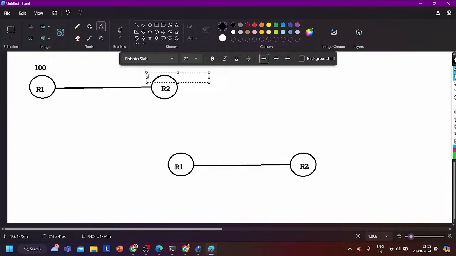That means both routers belong to the same company, my company. Here also I can run BGP. Here the AS number is 100, here the AS number is 200. That means these two routers belong to different companies. Here also I can run BGP, right? So we have two types of neighborship in BGP, iBGP and eBGP, right? In the upper scenario, we will configure iBGP. In this scenario, we will configure eBGP.